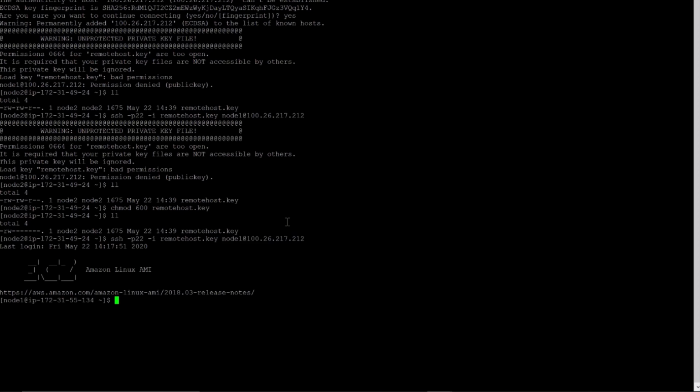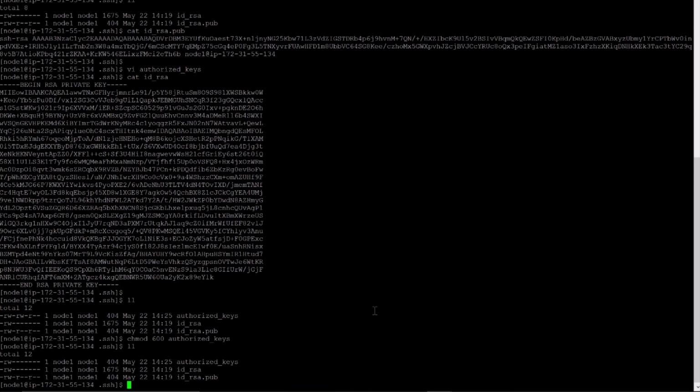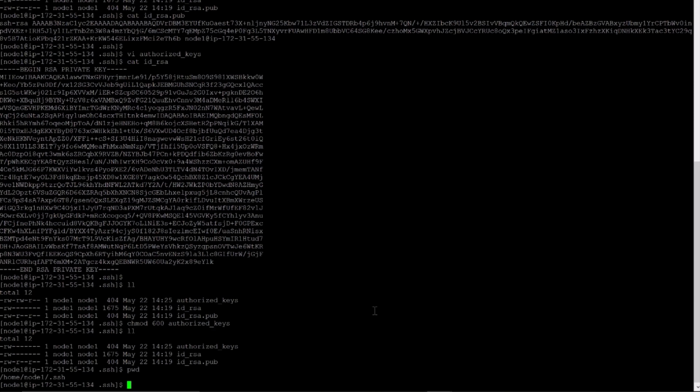So just to summarize this whole thing, we created two EC2 instances as two virtual machines and named them node 1 and node 2. From node 2 we tried to connect to node 1. What we did in node 1, let me go to node 1 and show you once again: we created one directory, .ssh.